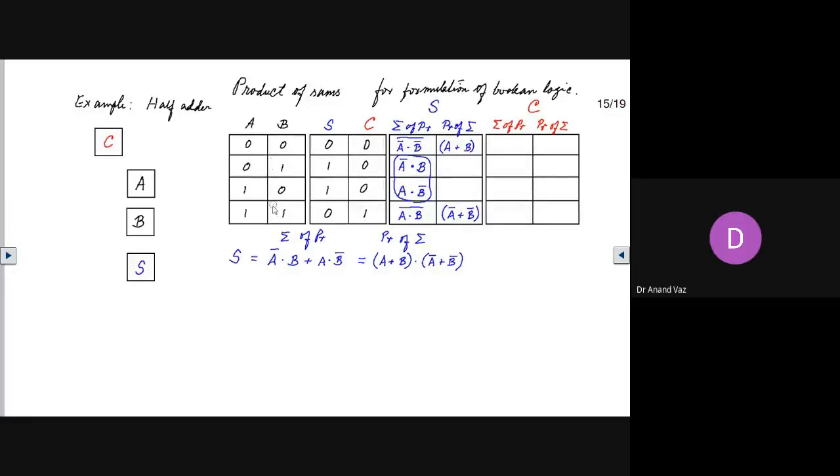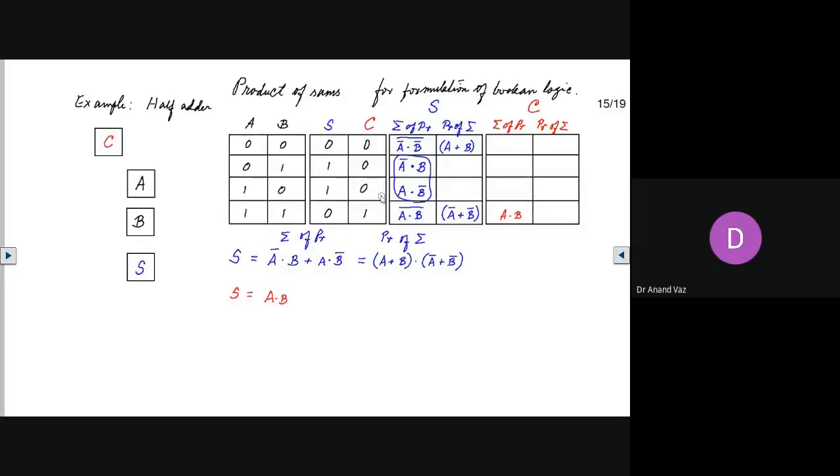These are the inputs, and this is the output. So corresponding to this, if we write the sum of products, if we write the fundamental products, we'll just have over here A and B. So if we are to write using the sum of products, this is very simple. We can just write it as equal to A and B.